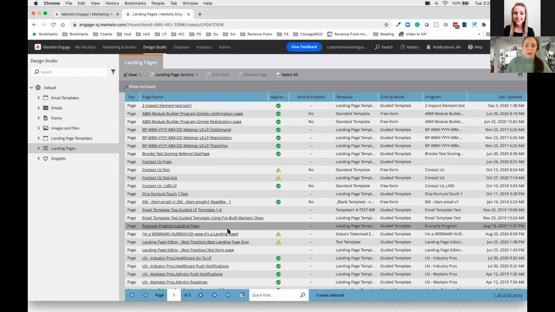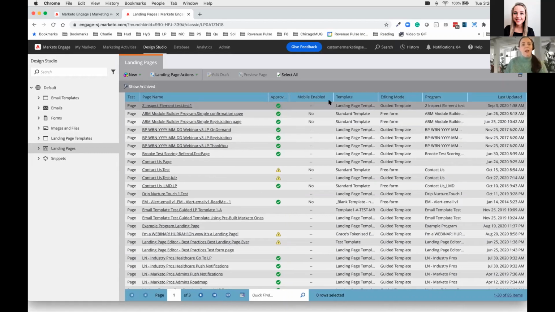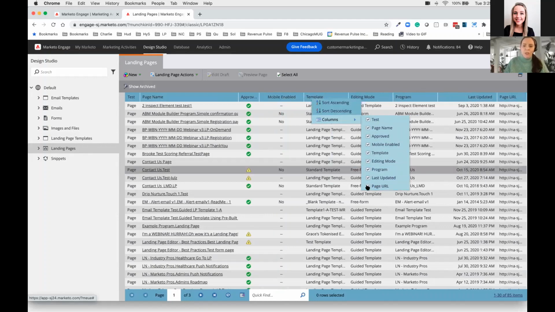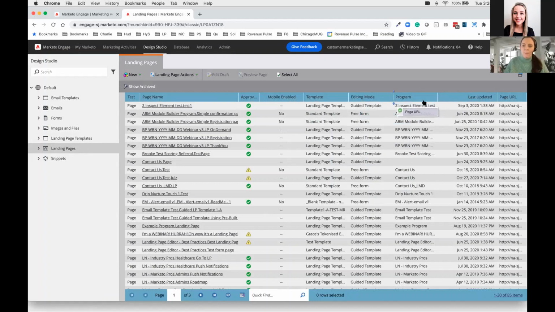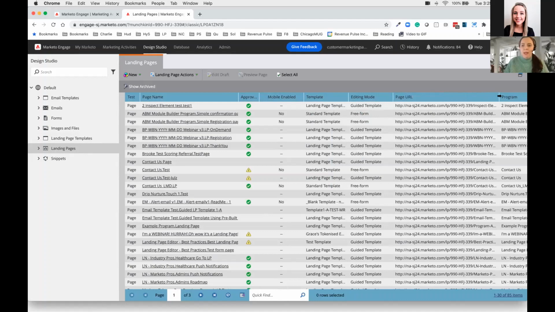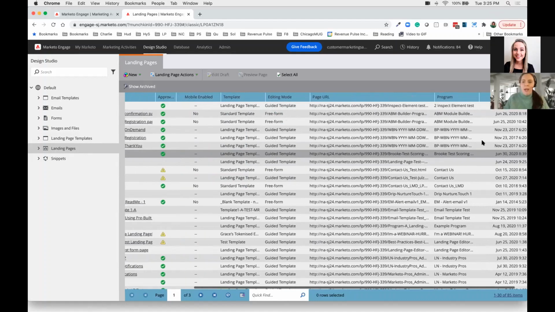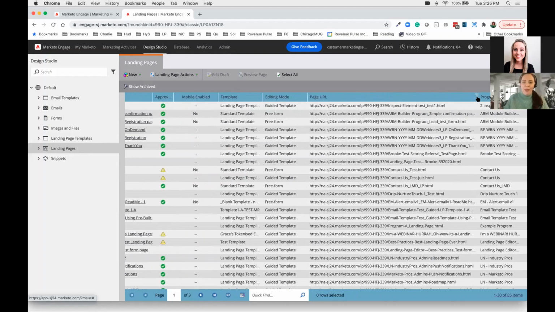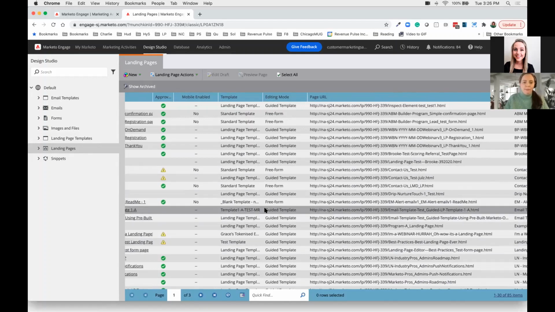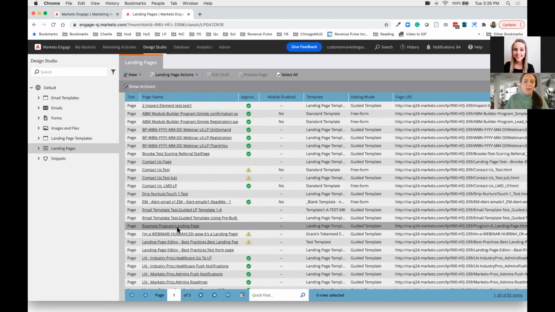So all of these you can access in sum total, all the landing pages that you have, and get a lot of good data here. The other thing about this, though, is that there is an additional column. It's not part of the default native view, but it actually shows, if you pull it in here, your page URL. So if you've ever had someone come to you and be like, can you tell me where this page is in Marketo, and all they give you is the URL of the page, you just need to come in here and search for it, and guess what? You got your asset right away, quick and easy.